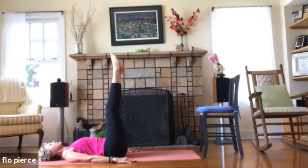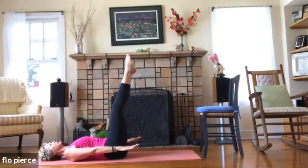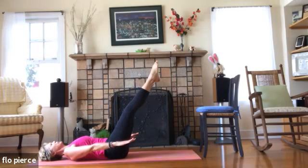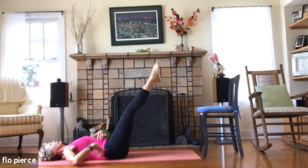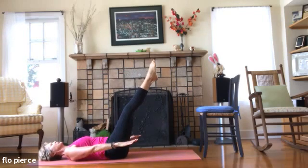Deep breath in. Exhale, shoulders press into the ground. And hands hover about an inch above the ground. Start lowering your legs. And I want you to stop when you start to feel your low back lift up. And then go back up an inch. So you're just staying here. And what you're going to do is point your toes open, spread your heels apart,